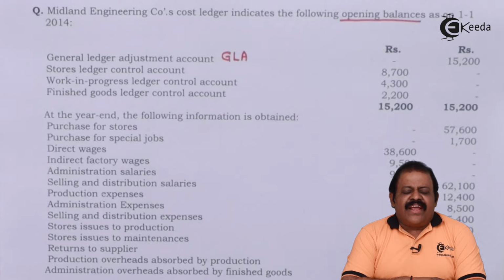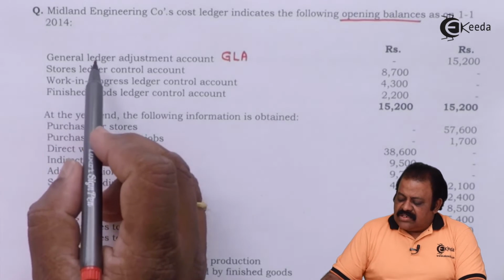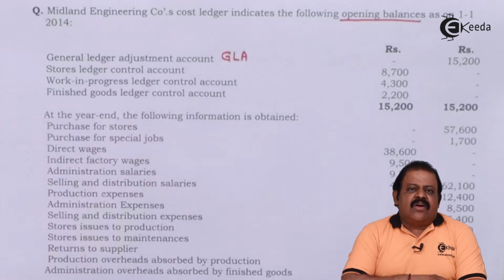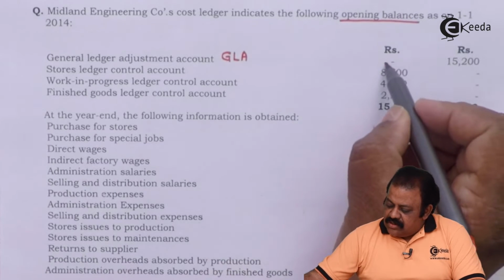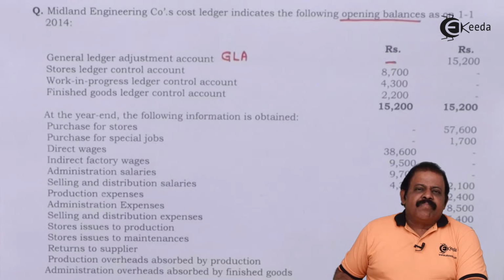So if we record transactions, we are recording only one side of the transaction. So if double entry is not completed, we cannot prepare a ledger or trial balance. So to have that double entry effect, we have an account called General Ledger Adjustment Account. We prepare this account. Here it shows opening balance credit